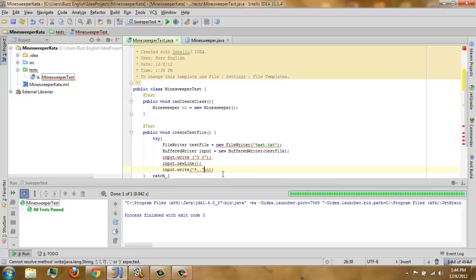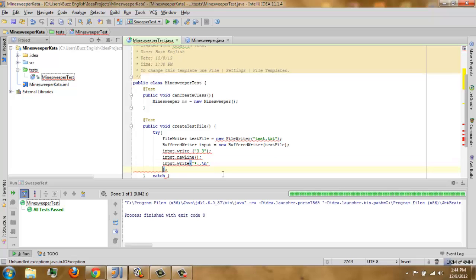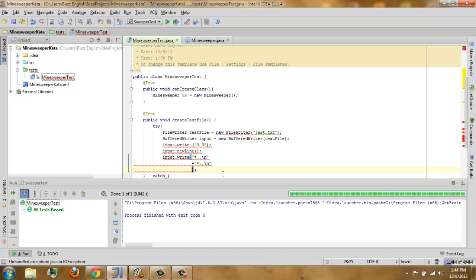And let's make another line again. Backslash n, then plus. And then just copy the above. And then another one.